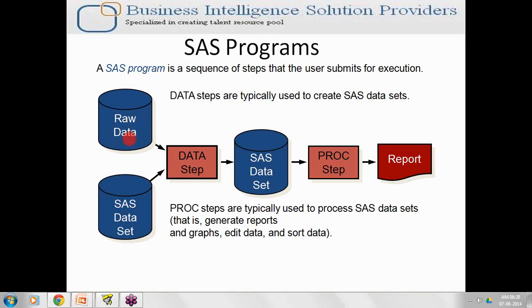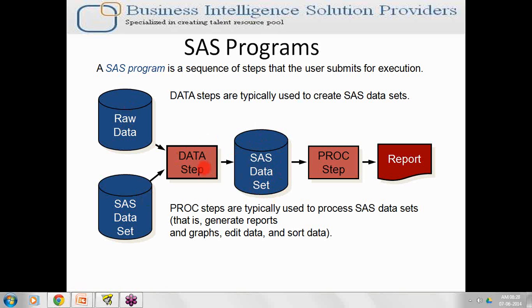At some point, in some environments, people give my data in a SAS native form, that is, SAS data sets. Whatever it is, in SAS programming our first and foremost step is to access the data with the help of a data step, and finally create a SAS data set.